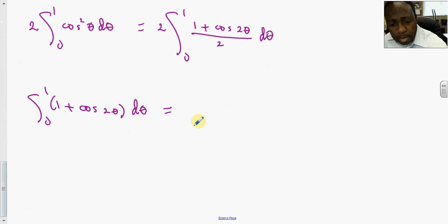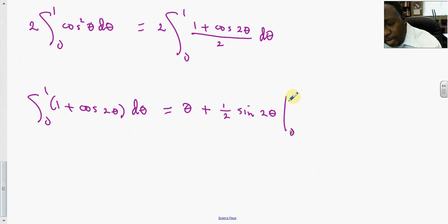So integrate the 1 d theta, that's theta. Integrate this cosine, right? And remember, you have to use a du here, let u equal 2 theta. du is 2 d theta, so we get a 1/2. So this is plus a 1/2. The integral of cosine is sine. This is 2 theta. Evaluated from 0 to 1, of which we cannot do because the 0 and the 1 were with respect to x and y, not theta, right? So this is theta plus